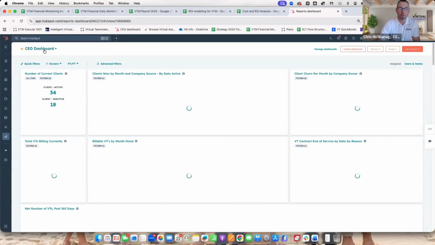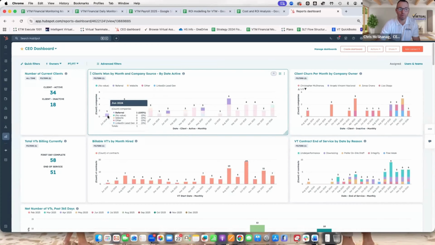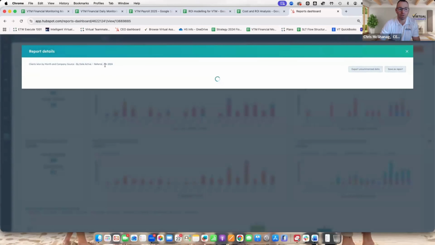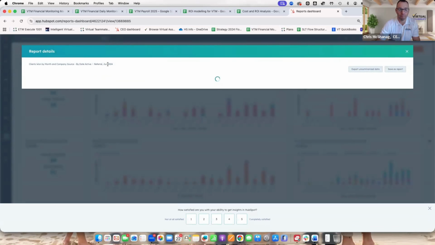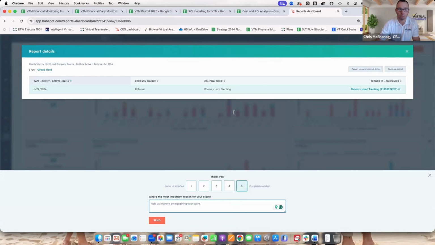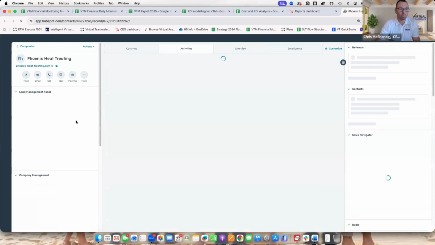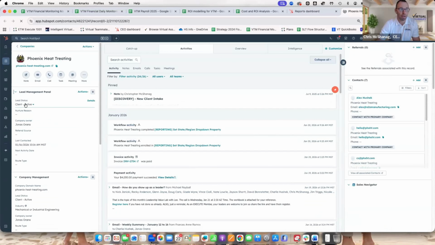When the client first hit the closed one, and you can see here, client close one, right? So we can see on June 1st, in the June timeframe, the Phoenix Heat became a client, right? And so you could get the extract from, okay, so this was in June of 2024, became client active,